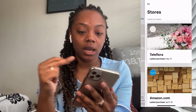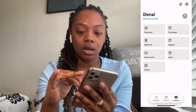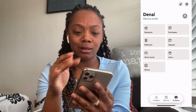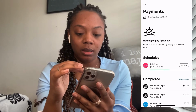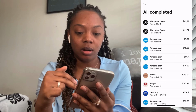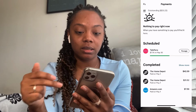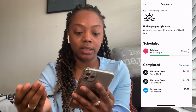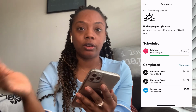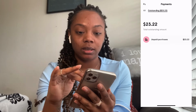Stores, that's just everywhere I guess that I've shopped. Items, nothing there. I haven't really looked at this too much. Payments. This shows all of my completed payments and what else I need to pay. Like you see for Teleflora, $7.74. I sent someone some flowers. So on the 30th, it'll show me that I need to pay the $7.74. Unpaid